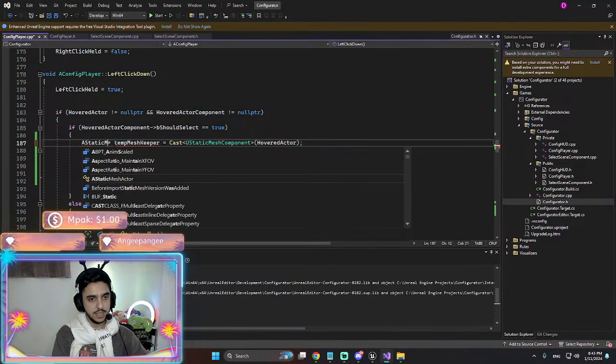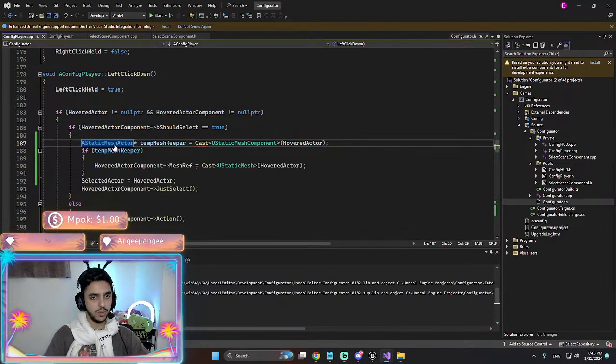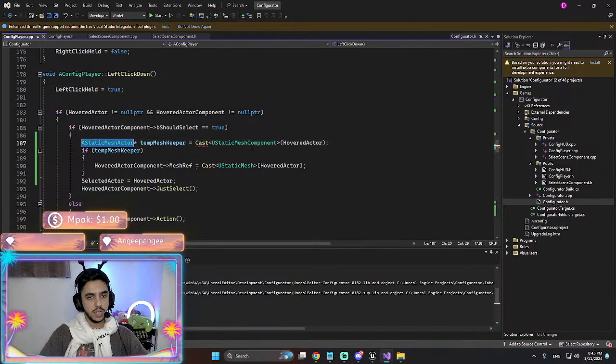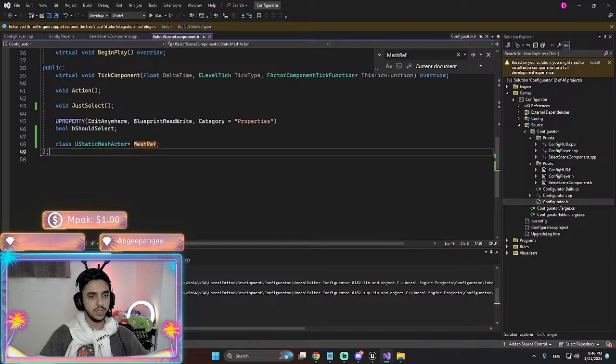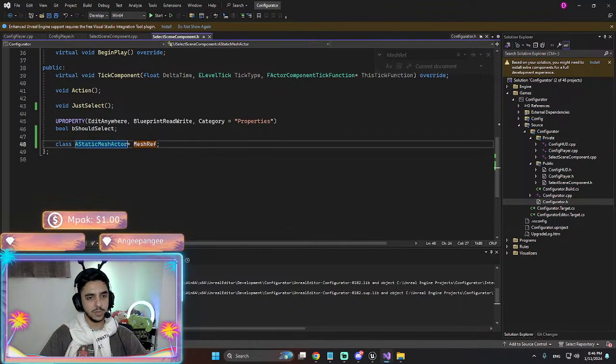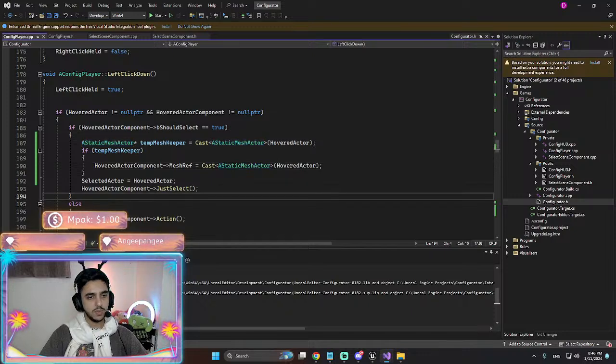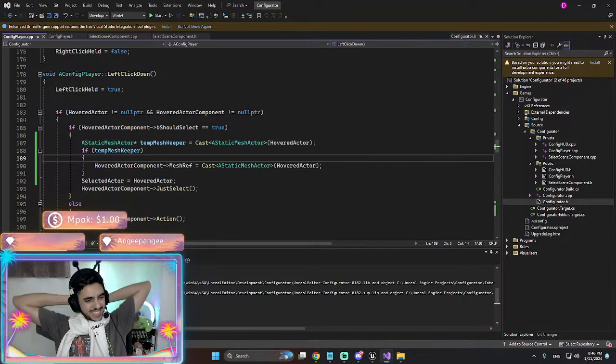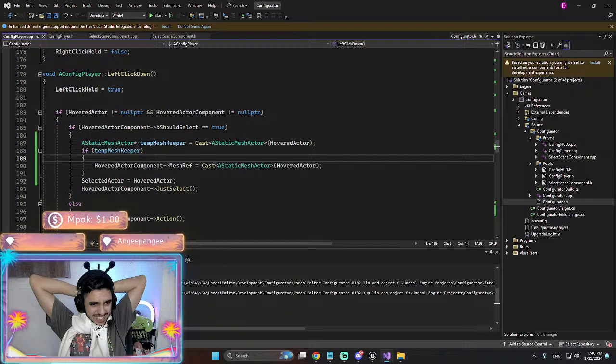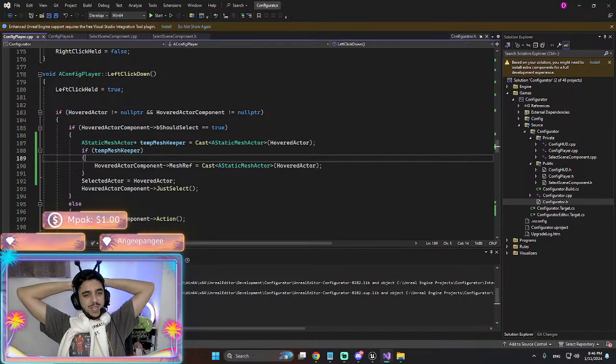A static mesh actor. And then it's gonna be like that. Going here, this one's gonna be a static mesh actor. Static mesh, not actor. Yeah. Exact. True. Should be right. Just like that. I know it's weird, but I'm sure it will work.